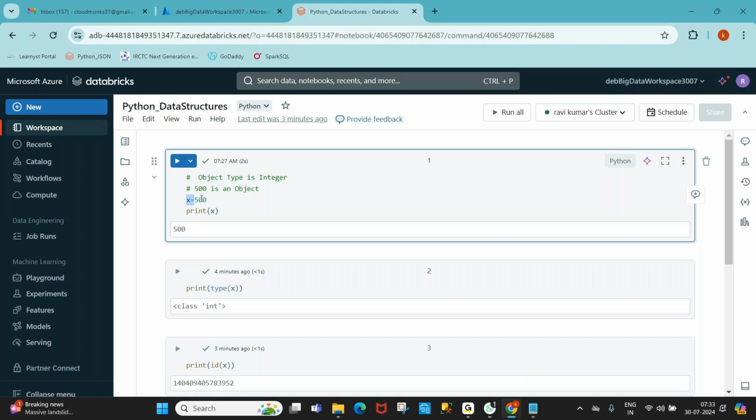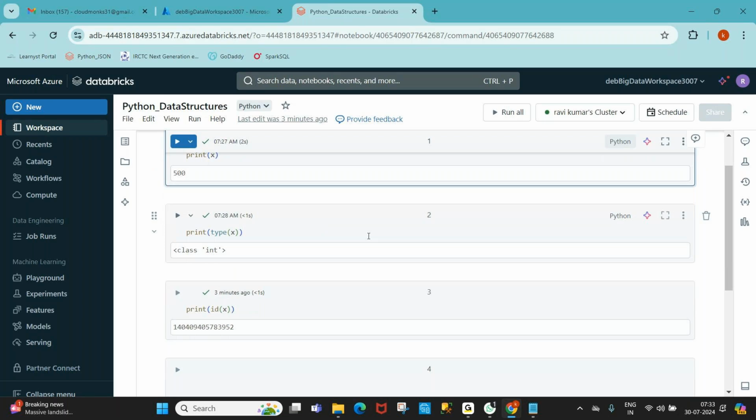It's just a reference link only. A variable is just a link to this object, a reference link to this object, meaning pointing to this object's memory address. Why? Because if you understand this, then only can you understand what is a mutable object and an immutable object.